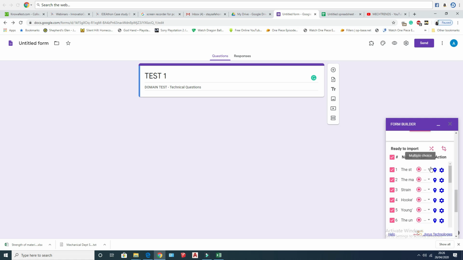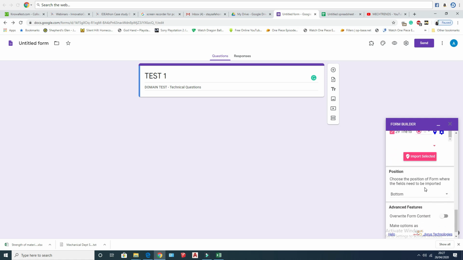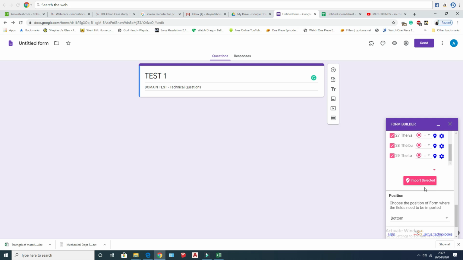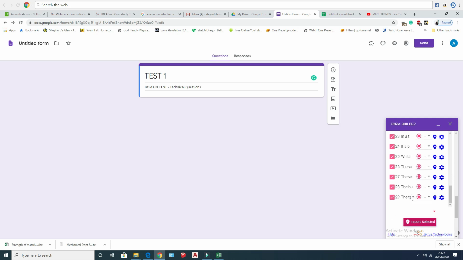Here the type of questions may be changed in that tab itself. Now I am going to select import selected. The selected questions with options will be imported directly into the Google Form.